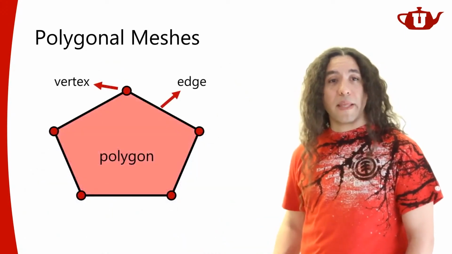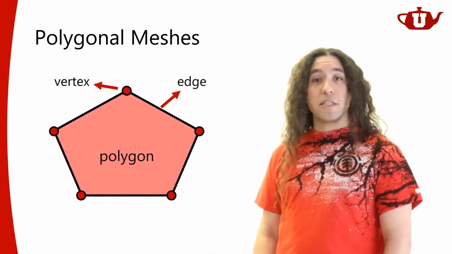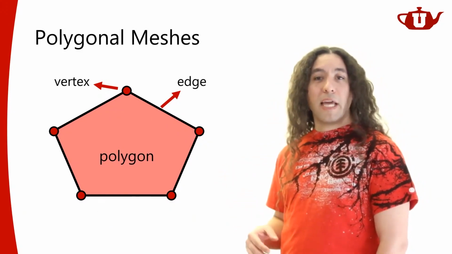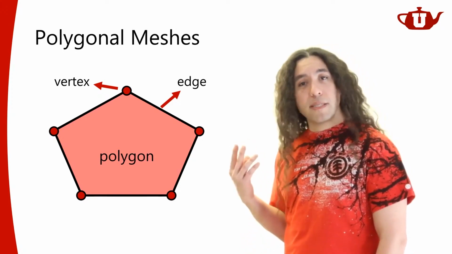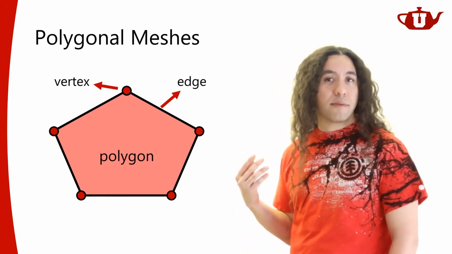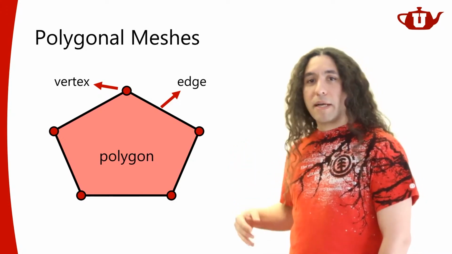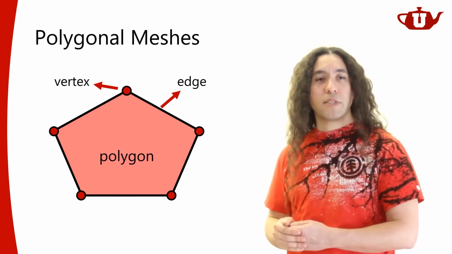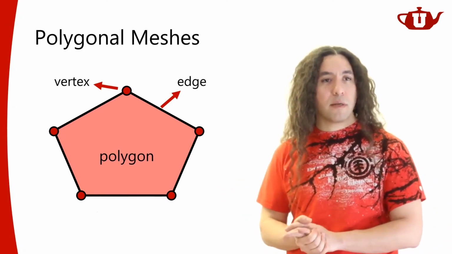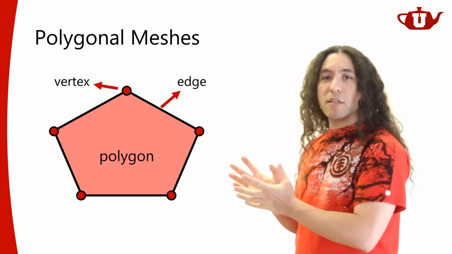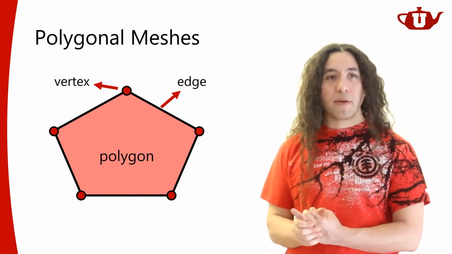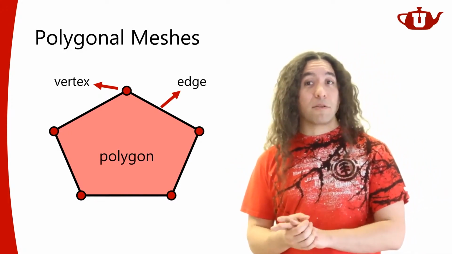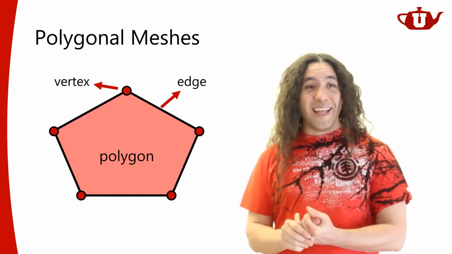So when we think about a polygonal mesh, it's made out of, obviously, polygons. And each polygon would have a number of vertices and the same number of edges, right? And they're connected by sharing vertices and edges. Each polygon forms a small piece of the surface. And this is the structure we prefer using in computer graphics. But this is a computer graphics course, so we kind of need to talk about the data structures just a little bit.